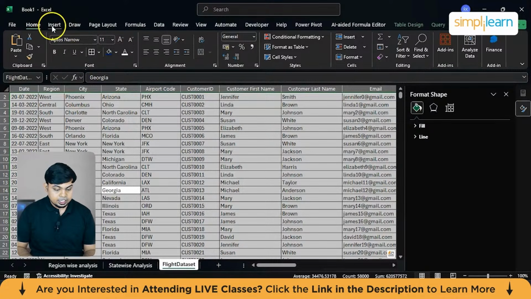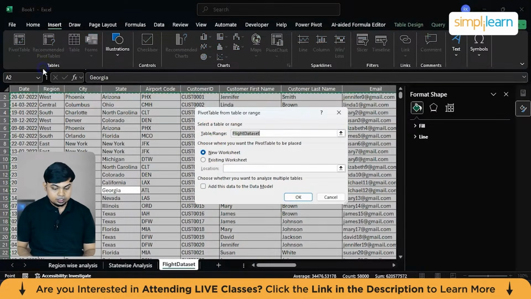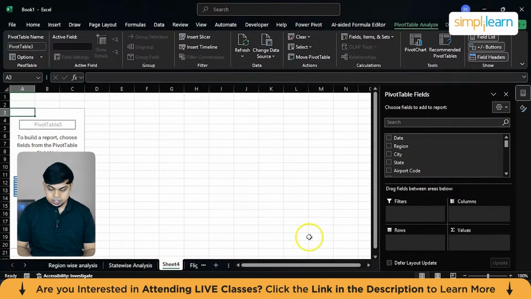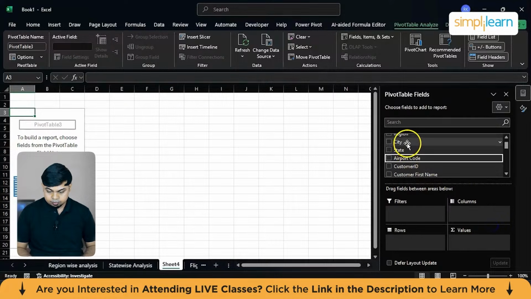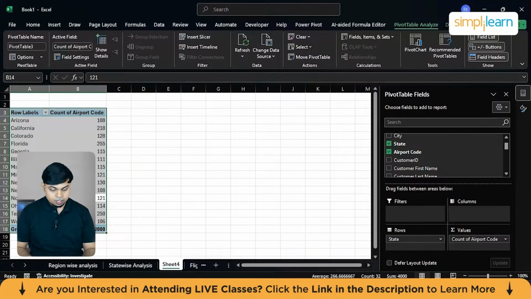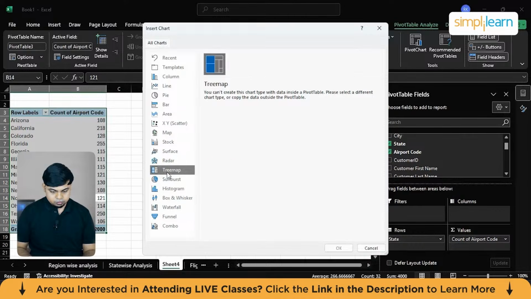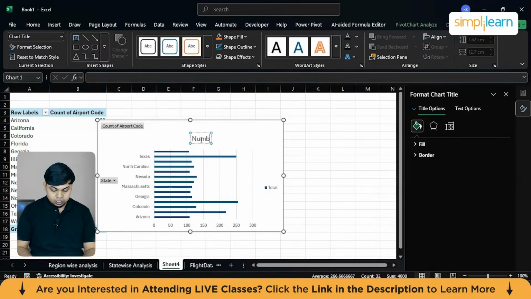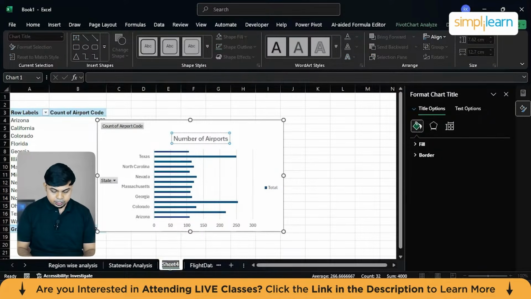and then the flight dataset back again. Select the entire dataset, insert a pivot table in a new place, and here you can include the airport codes. So multiple cities can have multiple airports, so we can go with state here and airport codes, so that we can identify how many airports each and every state has. So I'll insert a pivot chart, or you can also go with a tree map. Number of airports. So here I'll call it as airports data,